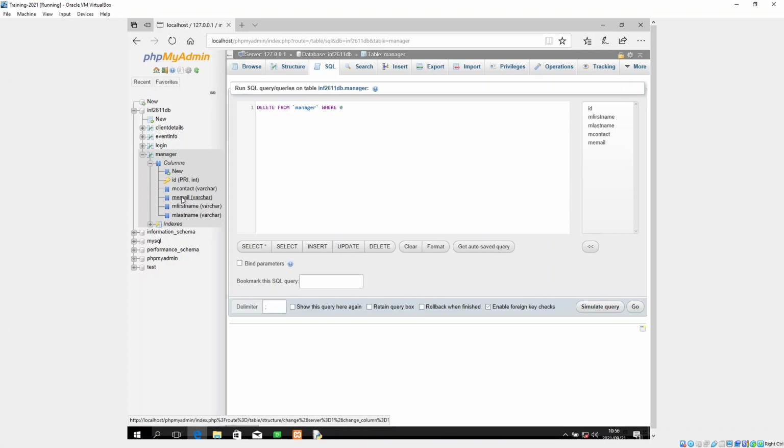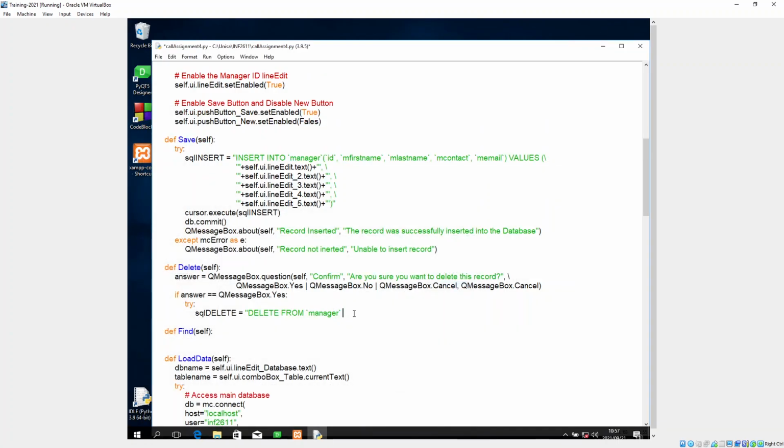So no, I've named it M email. Okay, so I've got to choose it here. So I'm going to say where M email. Okay, and then what you do is you just say equals and then whatever parameter you're going to use. So I'm just going to use that. Okay, so from manager, and then we say where, and we're saying M